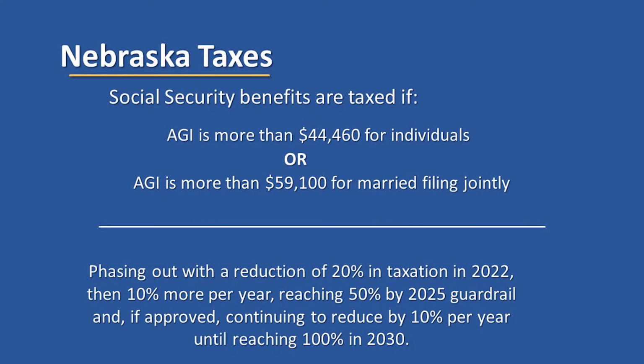Nebraska is also one of 13 states in the nation that taxes our Social Security benefits. In 2021, legislation was passed that will gradually phase out the Nebraska income taxes on Social Security. It began with a reduction of 20% in taxation in 2022 and will continue to go down 10% per year until reaching 100% or zero Nebraska taxes withheld from our Social Security income in 2030. Should you have questions about the Nebraska taxation applied to your Social Security benefit, you may want to contact the